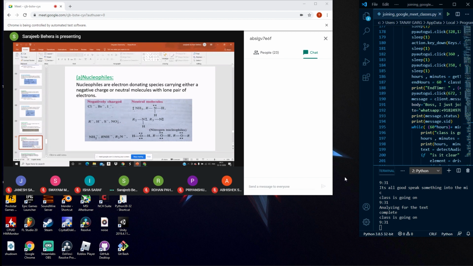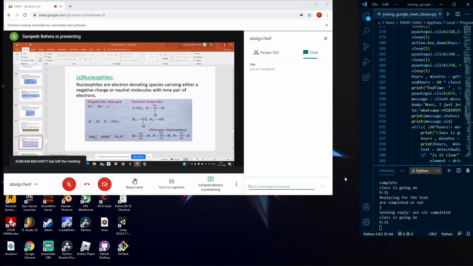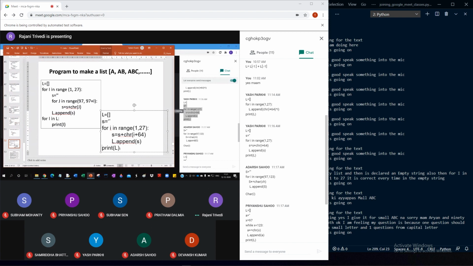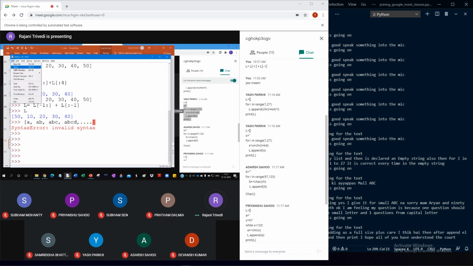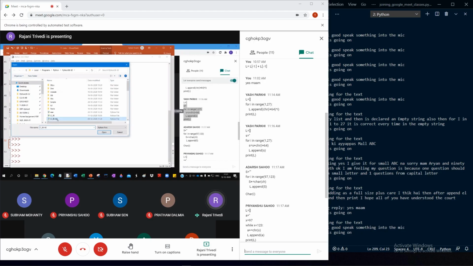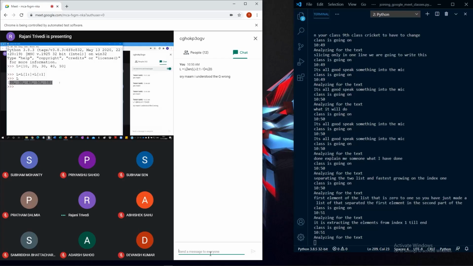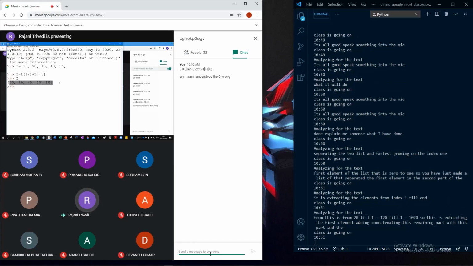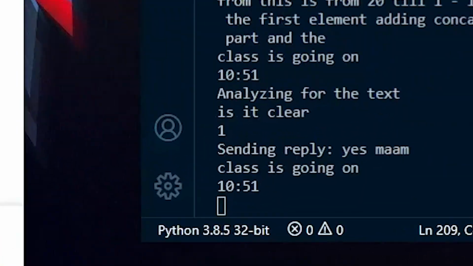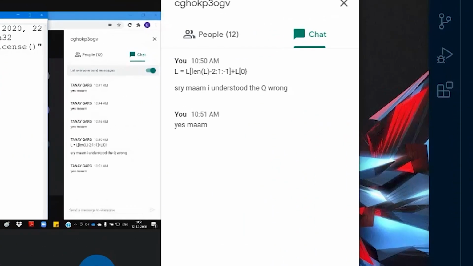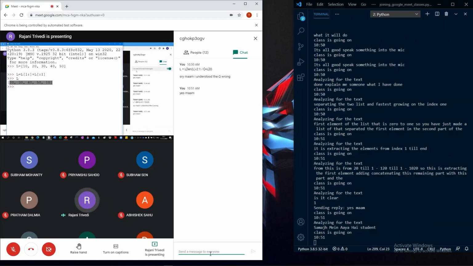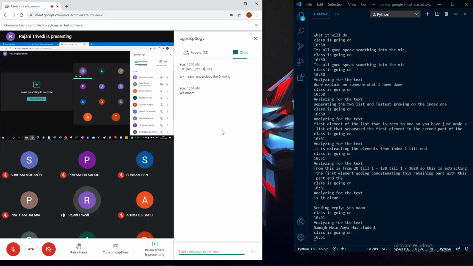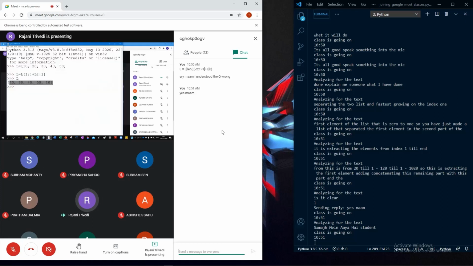Completed or not? I hope all of you have understood the code. File, open, and AE. All of you, is it clear? समझ में आया है students? So many of you are there. Tanay Garg said yes, and remaining others, so he explained also. And remaining.